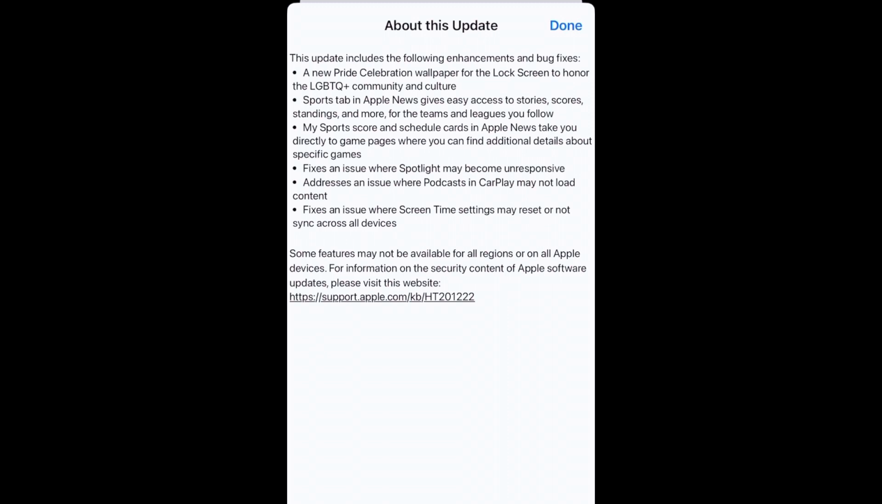Okay, so it says this update includes the following enhancements and bug fixes. A new Pride celebration wallpaper for the lock screen to honor the LGBTQ plus community and culture. Sports tab in Apple News gives easy access to stories, scores, standings, and more for the teams and leagues you